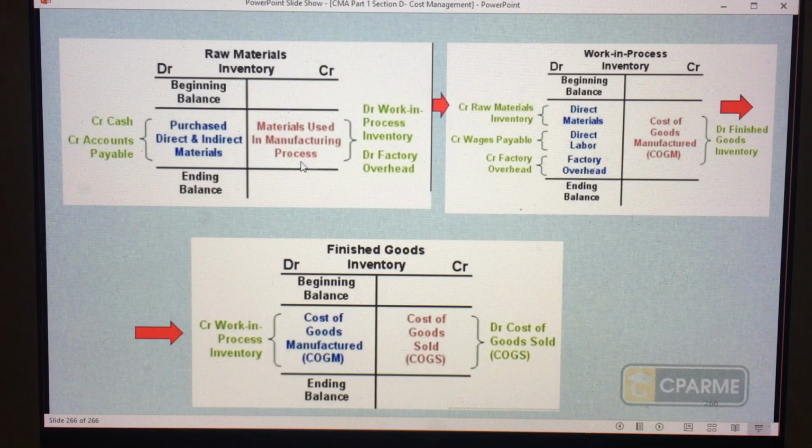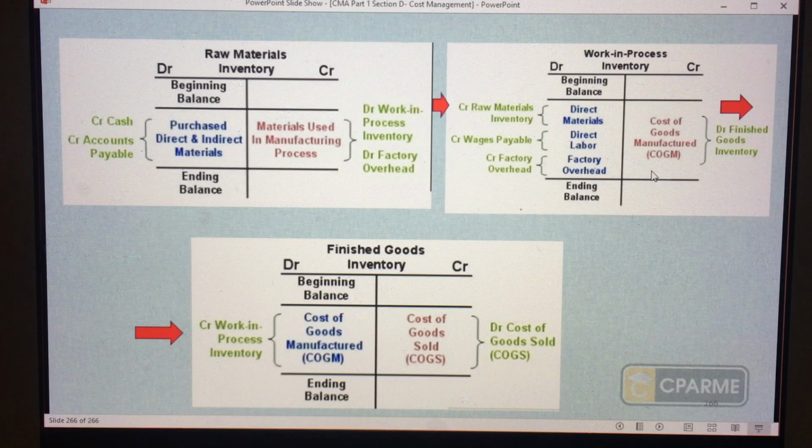Itong materials used in the manufacturing process ay pumapasok sa iyong work in process inventory. Pumapasok siya sa work in process inventory mo as the direct materials that are used in your production. So you add this to your labor and factory overhead, then you have your total manufacturing cost. So this becomes your total manufacturing cost. When you add this to your beginning balance, and reduced by the ending balance, you have your